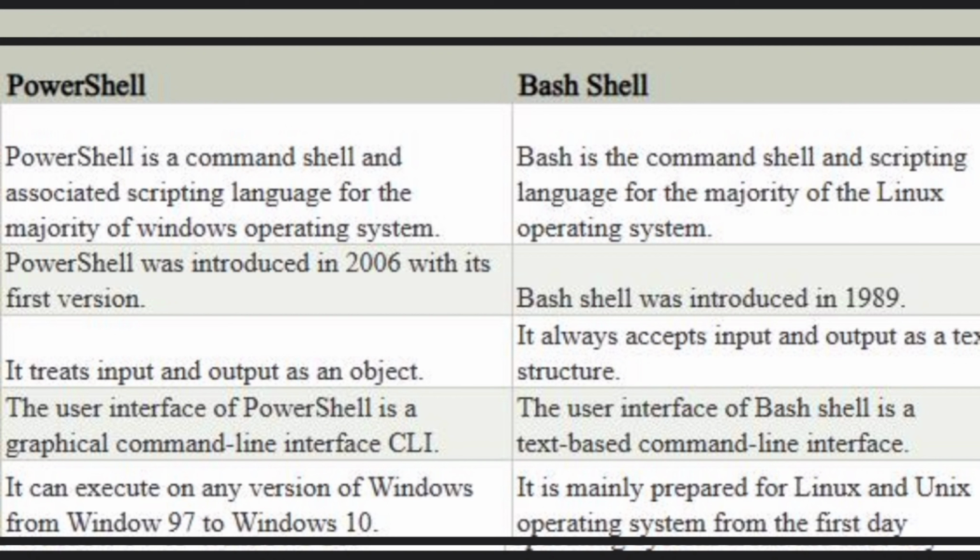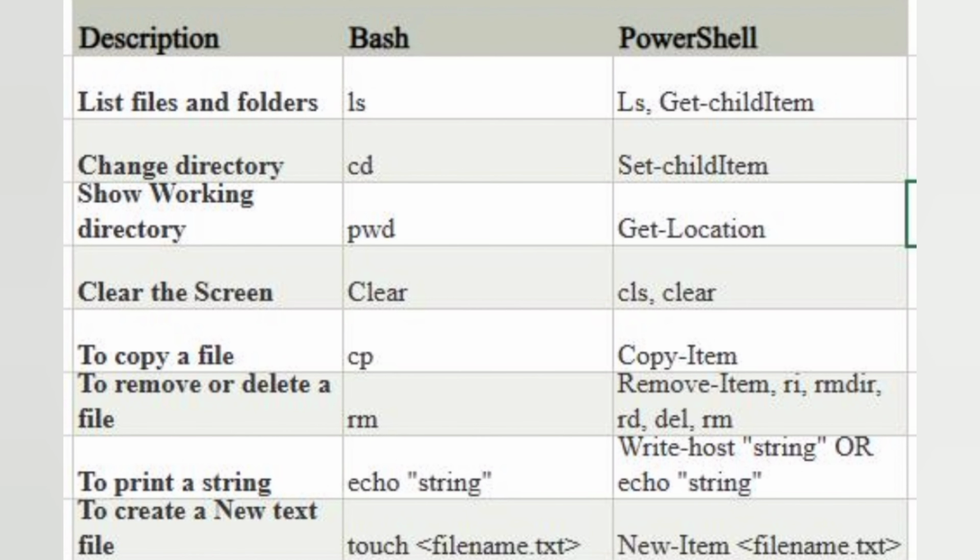Let's proceed further and see basic commands which we mostly use in PowerShell and Bash. PowerShell accepts the commands used in Bash, whereas Bash doesn't accept PowerShell commands. Suppose I forgot which directory I am in, or just want to verify that, I'll use the pwd command in Bash. It will give me the working directory details, whereas in PowerShell we'll use Get-Location